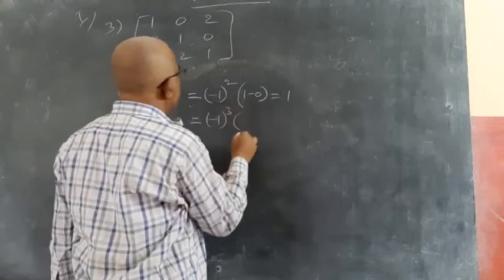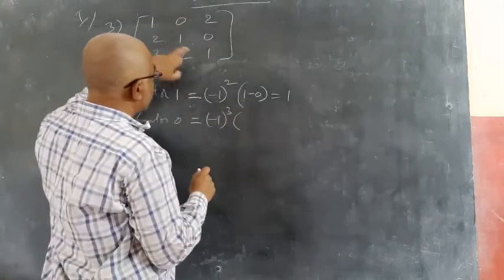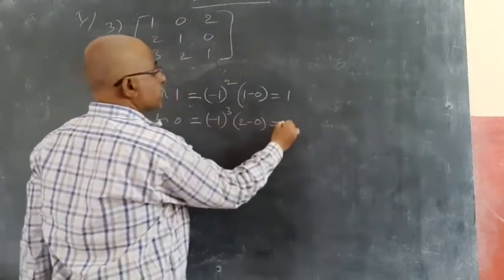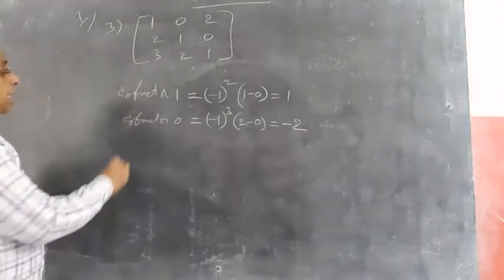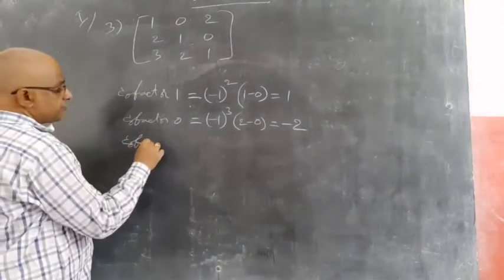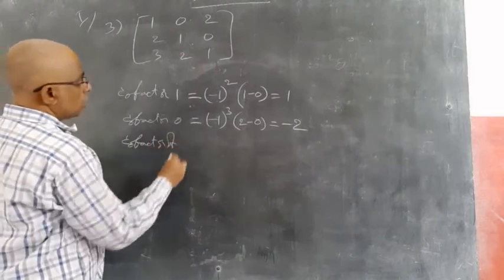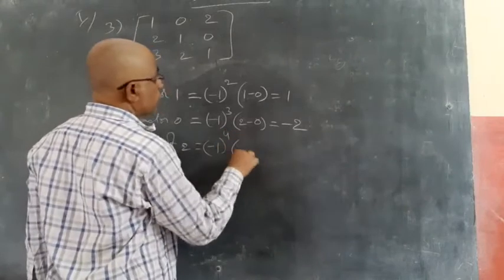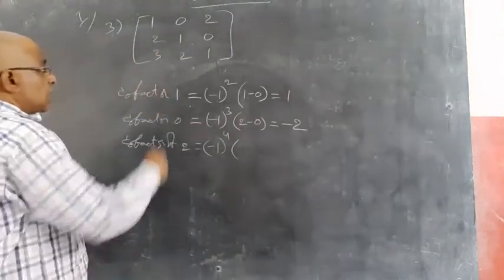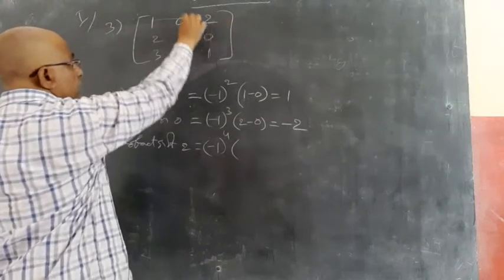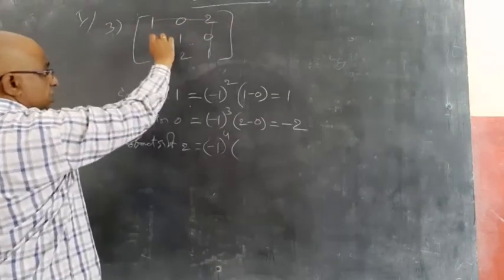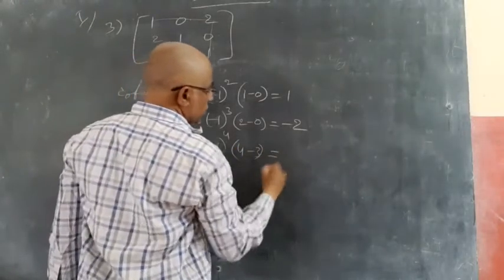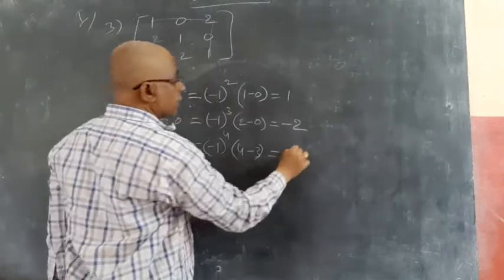Column means whole cube. Closing this row and this column, we get 2, 1 are 2 minus 0. So this becomes 2 into minus 1, which is minus 2. Like cofactor of 2 equal to minus 1 whole power first row, third column, 1 power 4, into closing this row and that column. Left out is this, determinant of this is 2 into 4 minus 3. 4 minus 3 equal to 1. 1 into plus 1, 1 only.